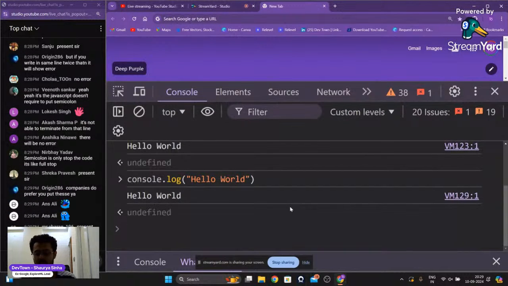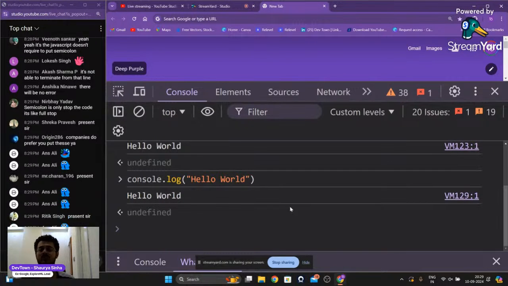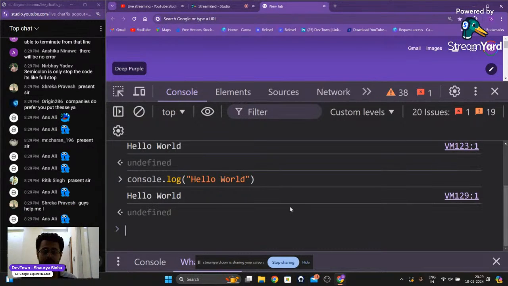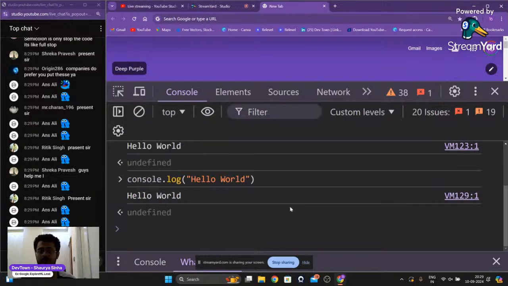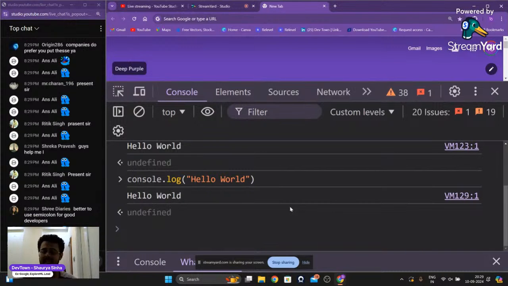Yes, JavaScript is intelligent in that it is able to put in some semicolons for smaller pieces of code, but for very large pieces of code or a very large code base, it might cause some kind of random errors, which is not something that you want, right? So always do remember this, guys. Nevertheless, even if JavaScript is able to run without semicolons, it is always a good practice to put up semicolons.